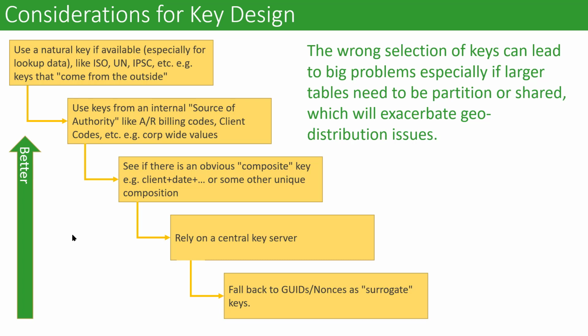The next best is see if there's an obvious composite key. And again, we're not stipulating that these are the primary keys or the partitions or whatever. We are saying that composite keys can be uniquely used to identify rows, documents, sets, whatever, in a way that's computable so we can crawl. Relying on central key servers is often a useful strategy. And it's kind of a riff on the source of authority pattern, but you have something that just hands out keys.